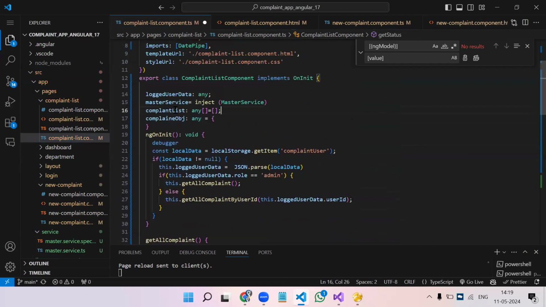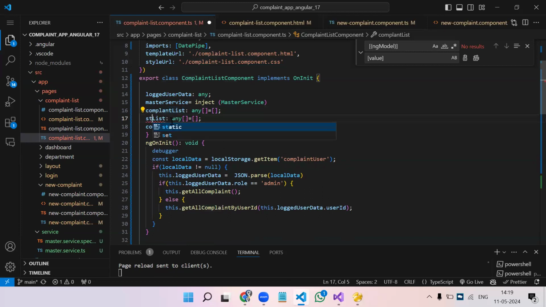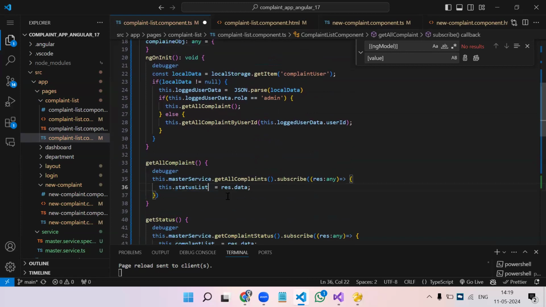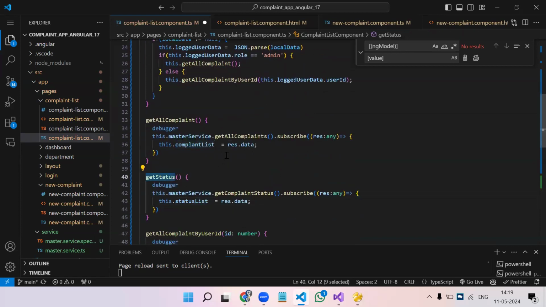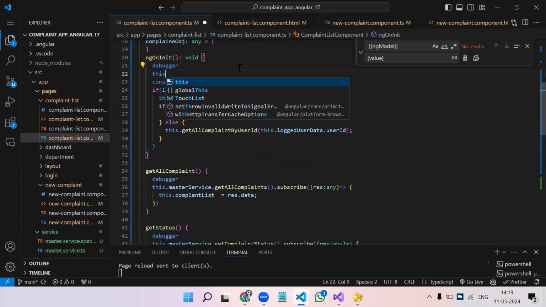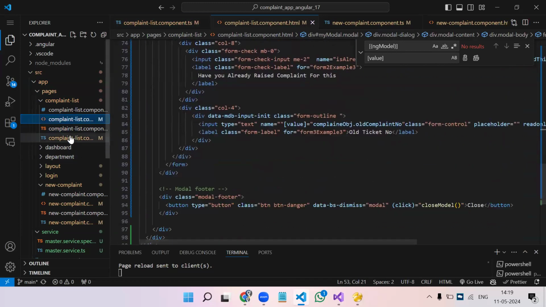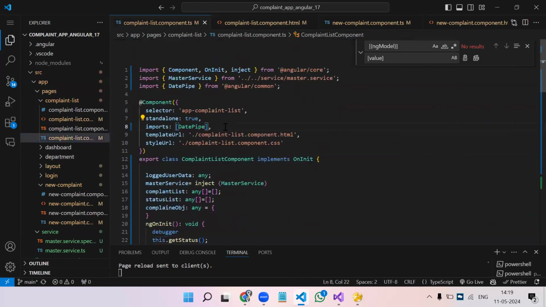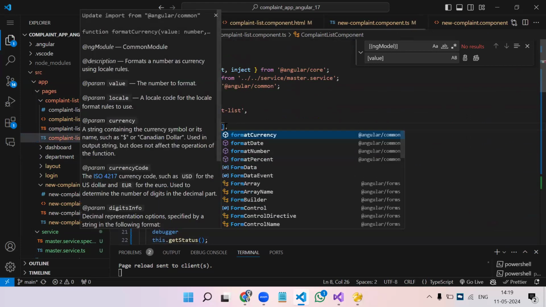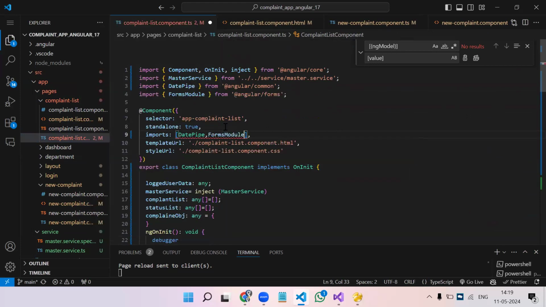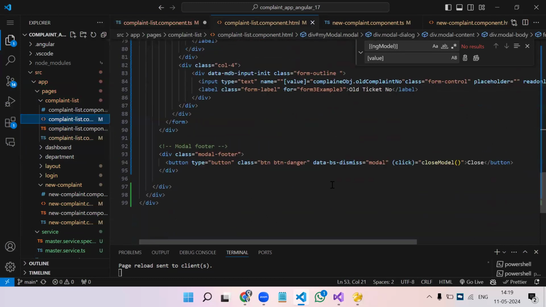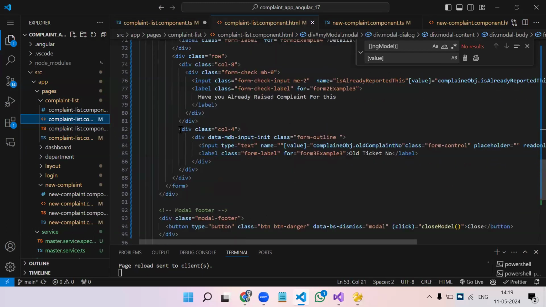Let's create another variable to hold the data. Status list. In this function also, we will call it on the page load. So in ngOnInit, you can put it like this. So we will have the complaint ready. Now, in the form, we need the form model anyhow, because we are going to need the form model. And over here, we will bind,